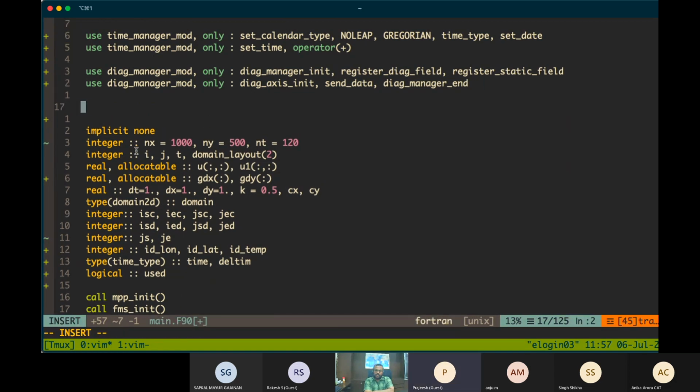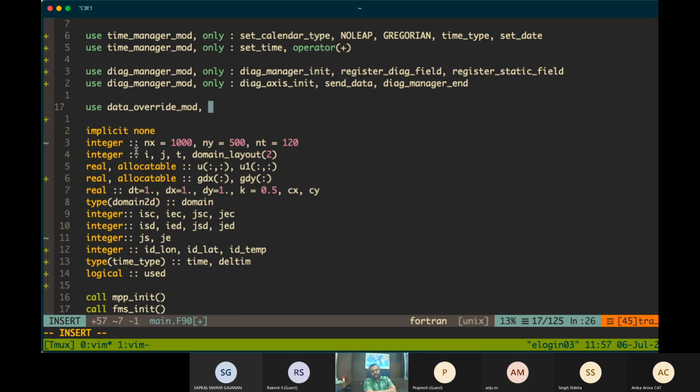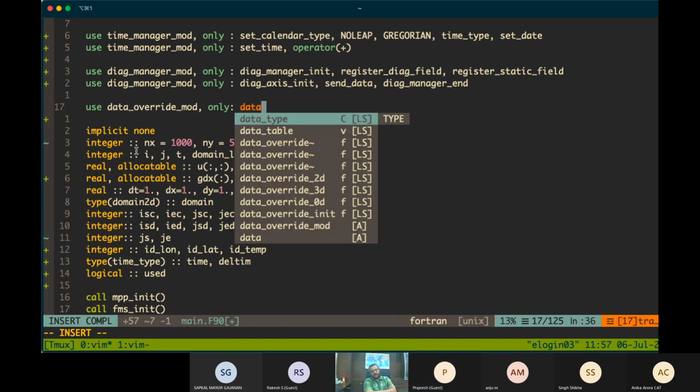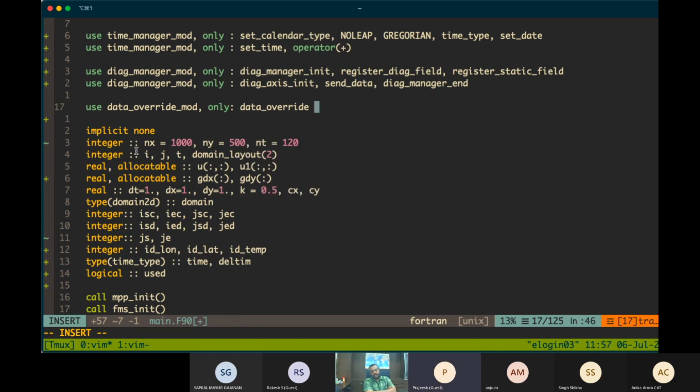To implement data override, again you have to use diag override mode, data override.